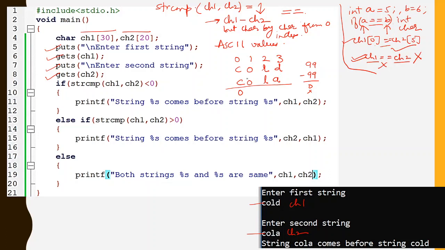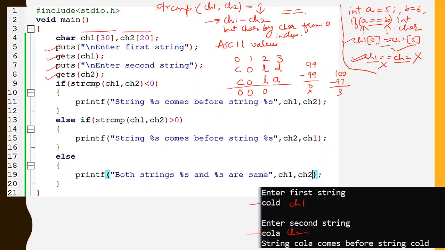Now O minus O is also 0, so this is not our decision-making parameter. L minus L is 0, also not our decision-making parameter. But D minus A: the value of D is 100 and A is 97, so if you subtract, it will give you 3.